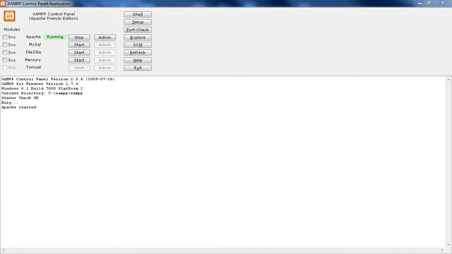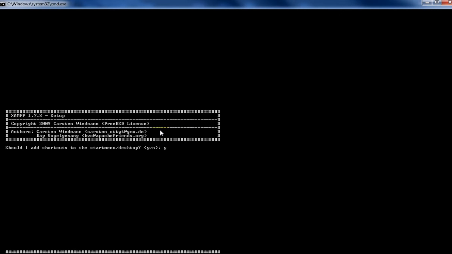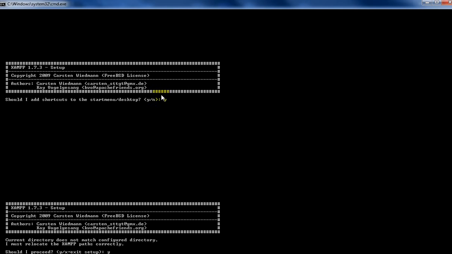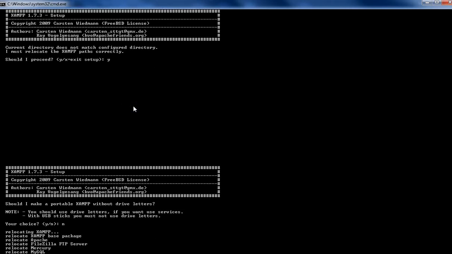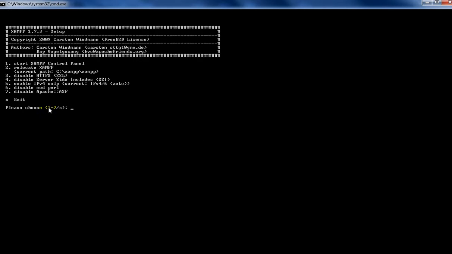Okay, so first of all, you will need to download it. Download it for your OS. I recommend the exe file, or the executable. And once you're done installing, I installed mine on the C drive, it will open up this, and you just choose whatever you want. But once it comes down to the last part, start the XAMPP control panel, I chose yes,